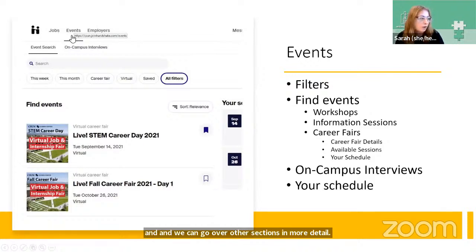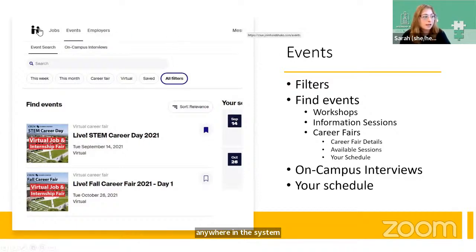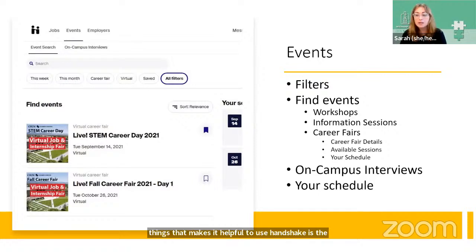So now I'm going to go over the Events tab in Handshake. Again, you can access the Events tab from anywhere in the system, this menu bar, and in the Events tab, again, you have filters. It's a system. So that's one of the things that makes it helpful to use Handshake, is the ability to filter. These filters aren't always